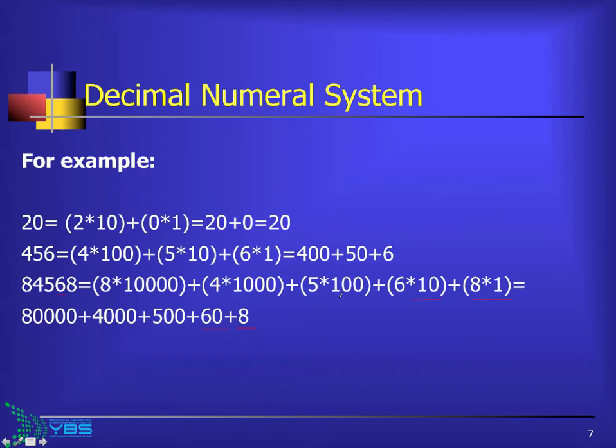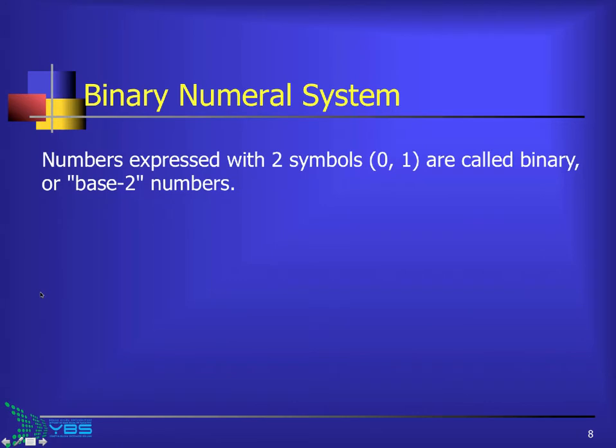Third digit, which is 10 over 2, which means 2 more 0s after 10, is 100. Multiply by 5, which is 3 digits, it means 500. Then the other one, the fourth, 10 over 3 and 10 over 4 means 1,000 and 10,000. So multiply by 4 and 8, it all comes to 4,000 and 80,000. So if you add them to each other, then you get the result, 84,568. That was